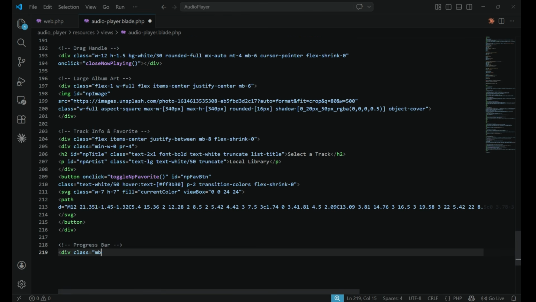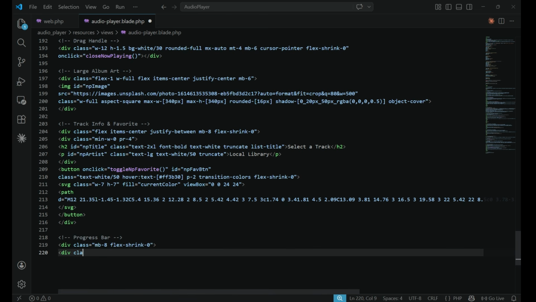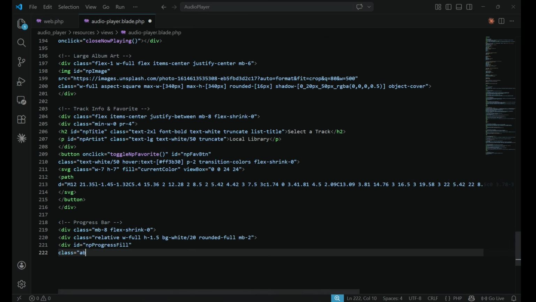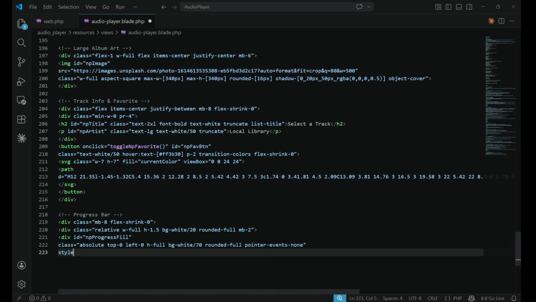And within this we simply define the progress of a music audio file when we play, and make it within this div, just pass here this np progress fill. Then simply define the class and after it style and then close it